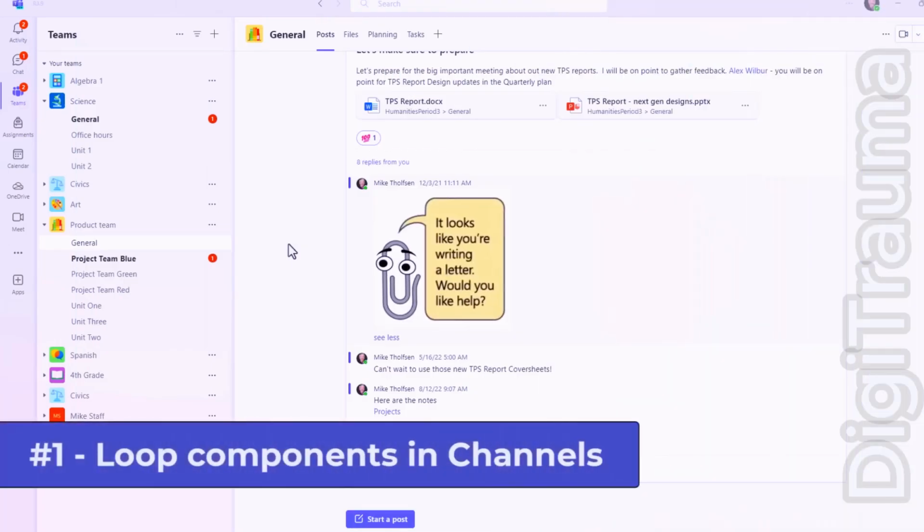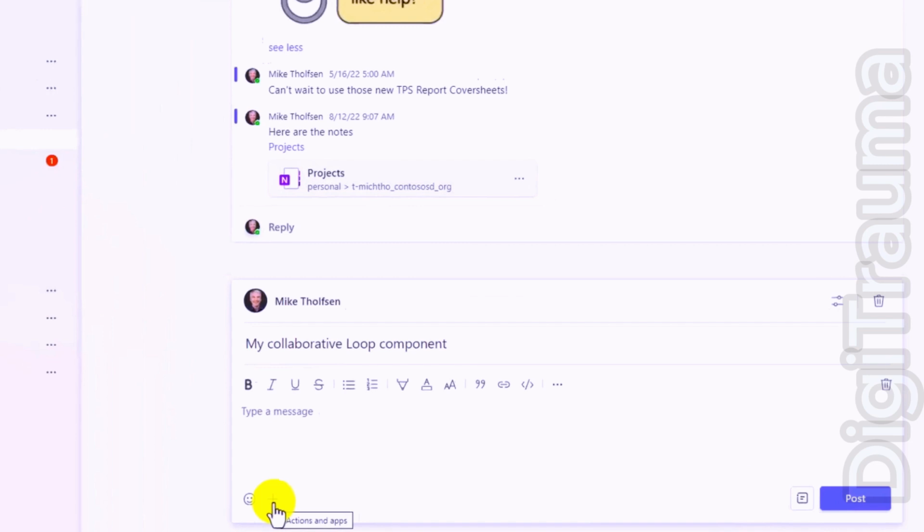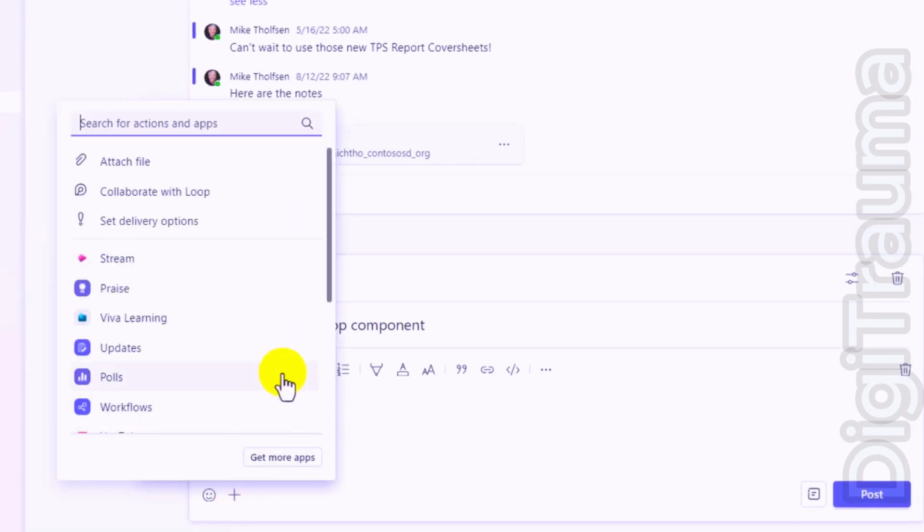The first new feature is collaborative Loop components are now supported in channels and not just chat. So at the bottom, I'll click Start a Post, and we'll give it a subject. And right here, I'll click the plus button. This is the consolidated way that we've done the UI in the new Teams, and you can add Collaborate with